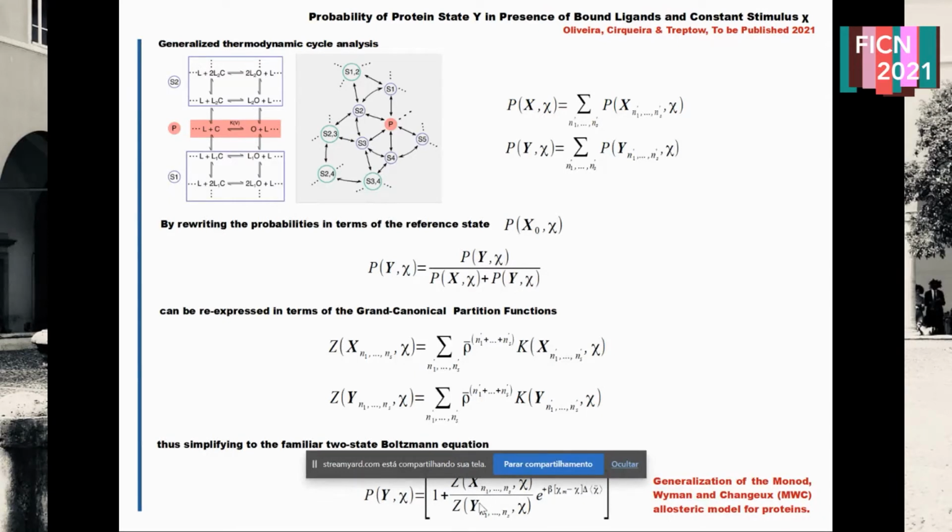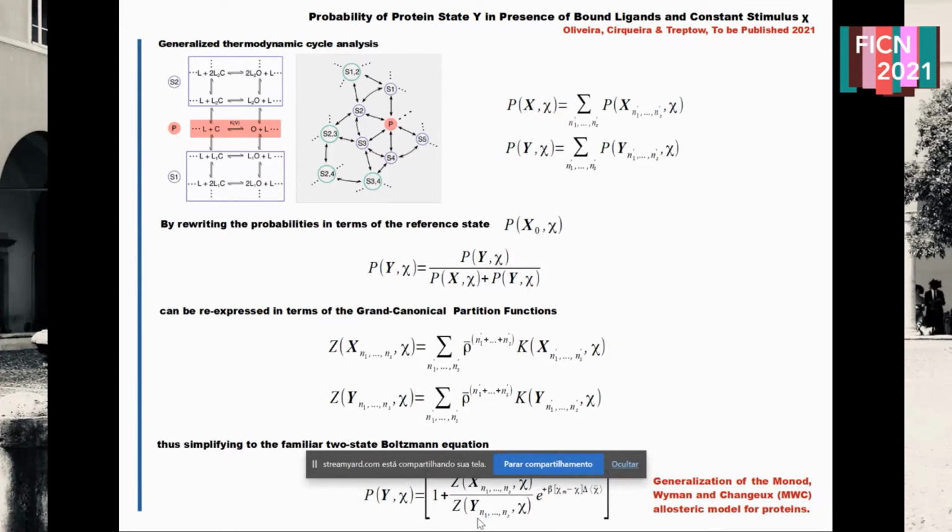If the ratio is smaller than 1, it means that the ligand binds preferentially the Y state, and by doing so, it shifts the response probability of the protein leftward. Otherwise, it shifts rightward. Okay, so we are done. We think this equation is quite general. It can be used for a variety of biochemical studies of membrane proteins and ligands.